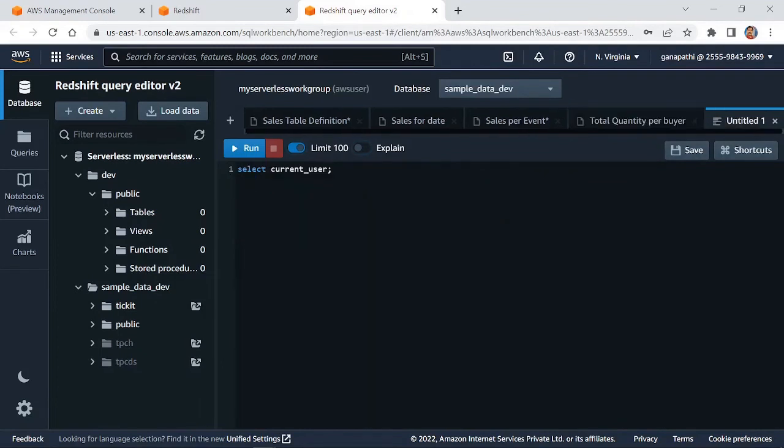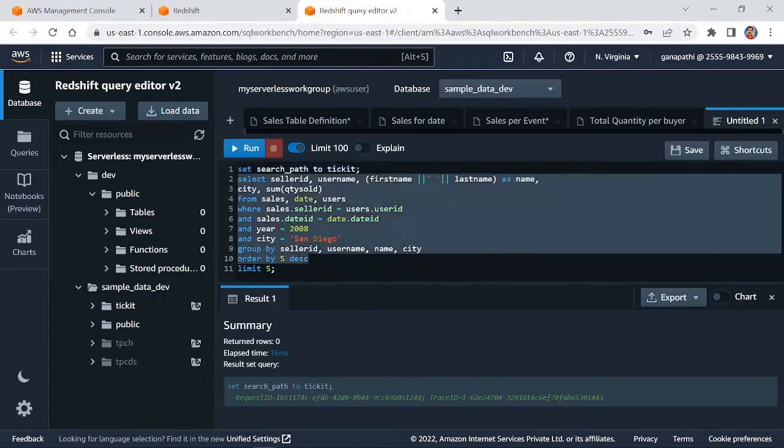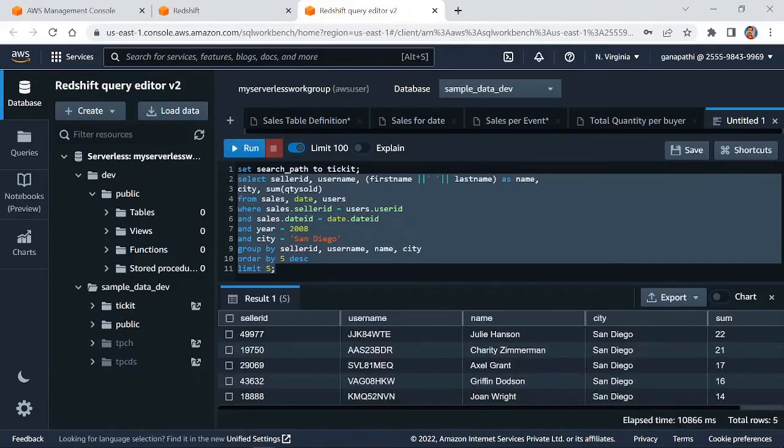Let us go to this tab. Let us run another query. First, let us set the search path to ticket. Set search path to ticket. I have already run this once. Now, let us run this query. Okay, we got the top 5